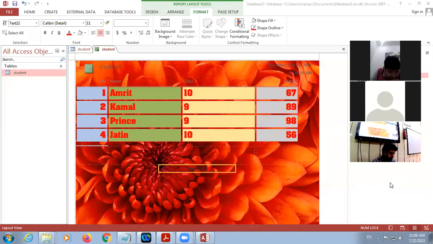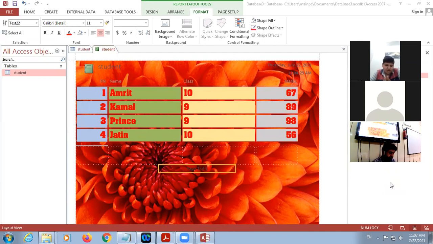Then third, which option is used to change the appearance and size of various controls of a form? Yes, beta. Design view. In design view, we can make changes according to our design. Next, what does the top section of the query window display? Selected table. In the top there is the selected table, and at the bottom there is a grid view. How many views does Access provide to display a form? Sir, three views. So there are three views: form view, design view, and layout view.